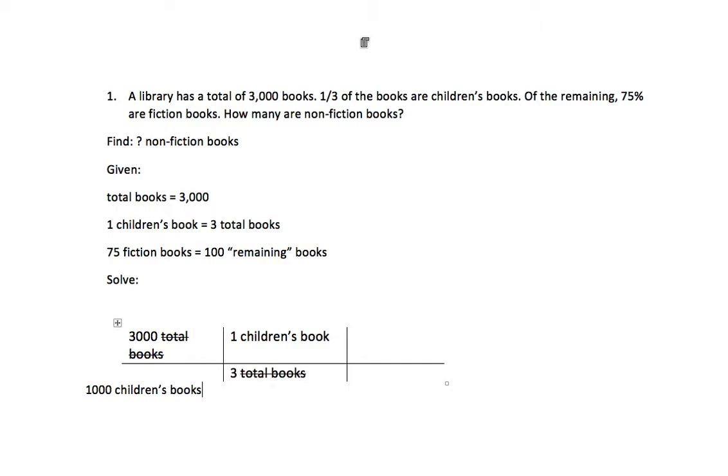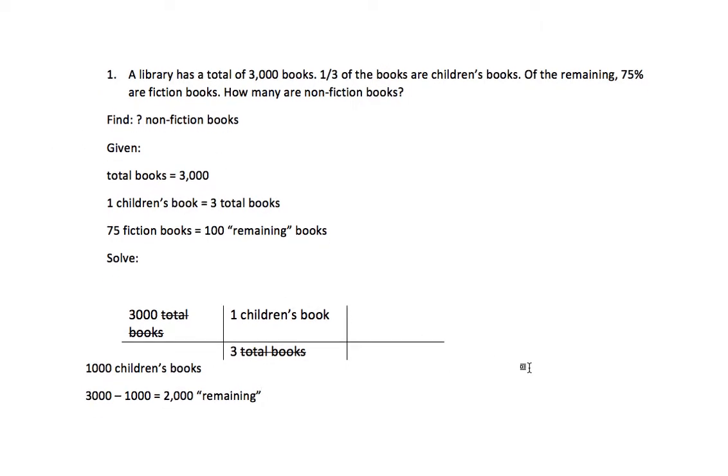But we don't want the children's books. We want the books that are remaining, or the rest of the books. So now we want to take the 3,000 total books, subtract out the 1,000 children's books, and that gives us 2,000, and that's the remaining books. So of these remaining, 75% are fiction. So we can set up another ratio here. So we have 2,000 remaining